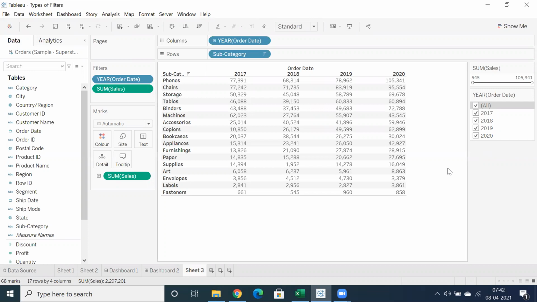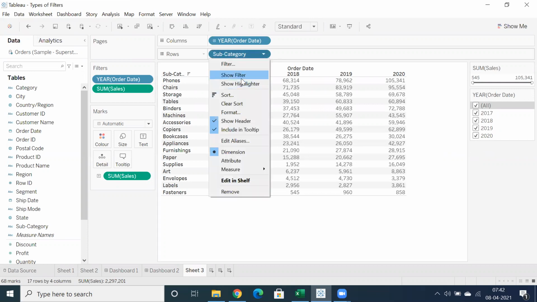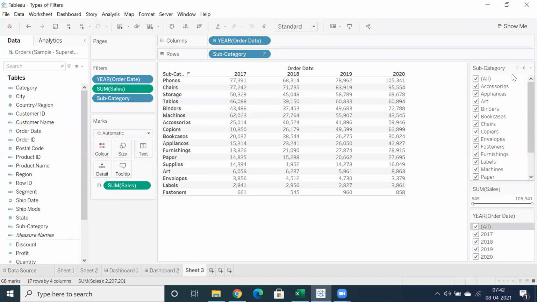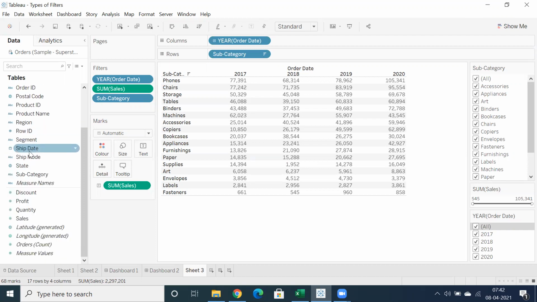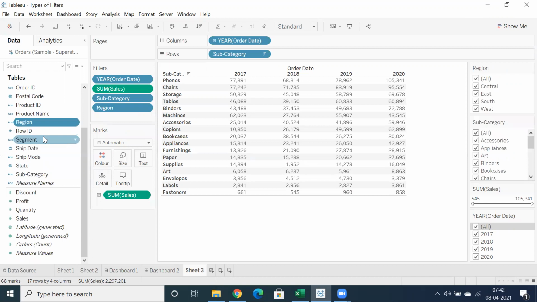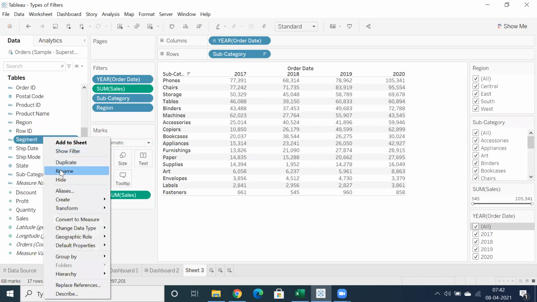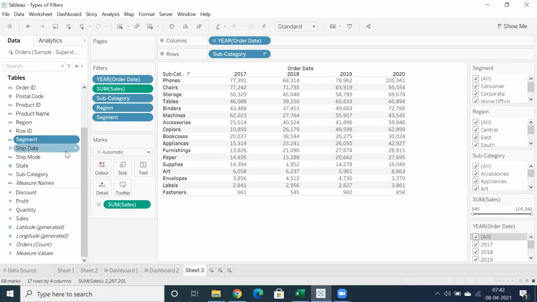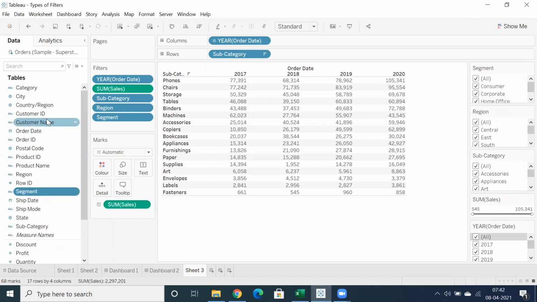Here we have multiple options. Let's say I'm going to click on this drop down and I want to use subcategory as a filter, and I want to select region, show filter. I can use n number of filters. Let's say I want to use segment. And even if you want to go for some customers,